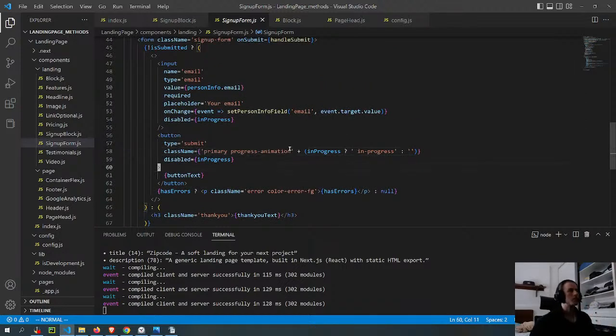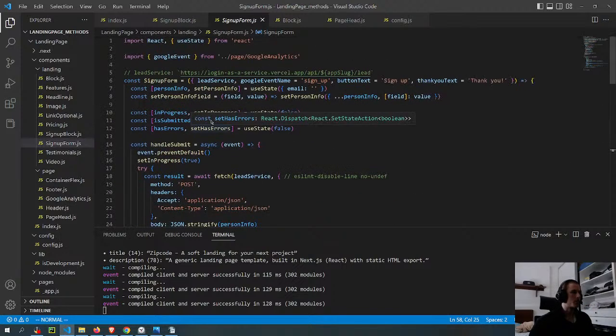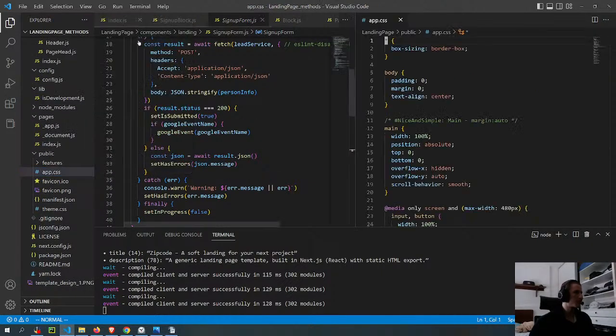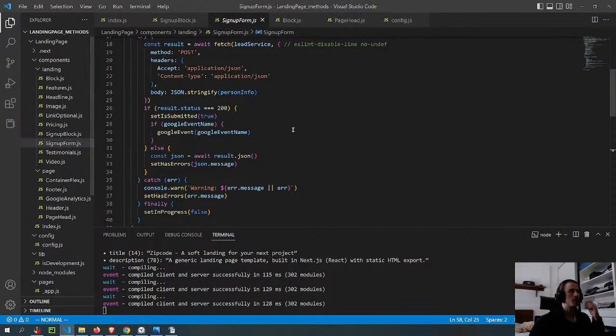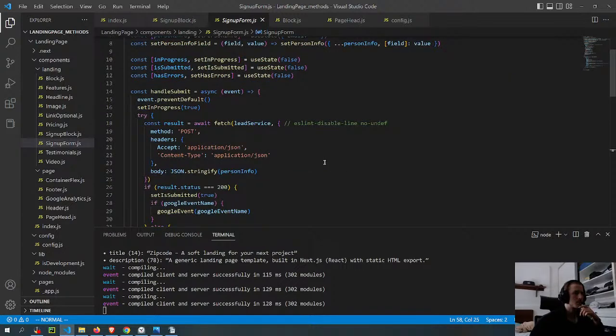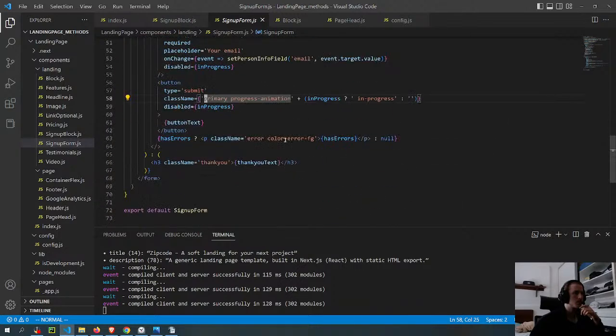Yeah, but there's nothing saying. Let's see if I can find this on the app CSS thing. So maybe it's a name from the styled JSX thing. Let me change this and see what happens.